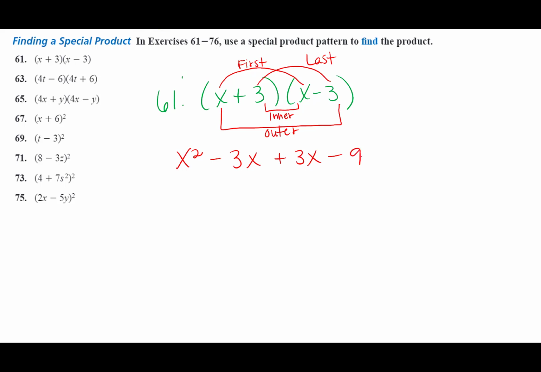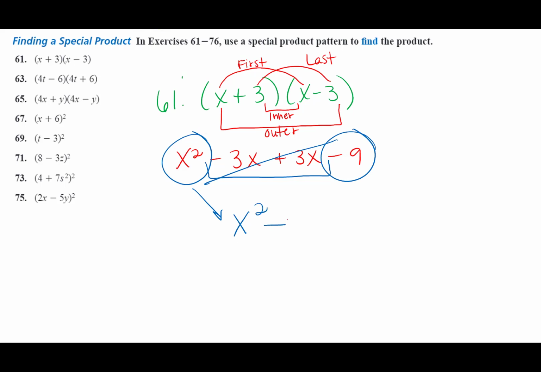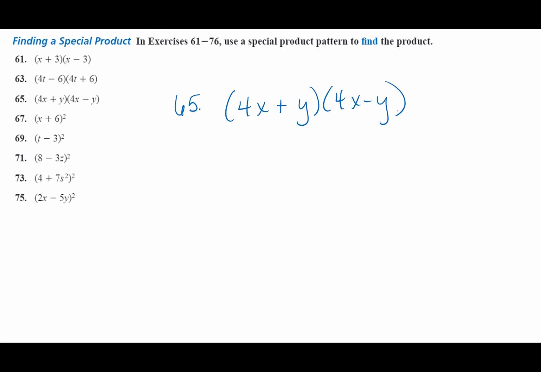And as you are simplifying this together, you do need to collect like terms. But look what happens to these like terms. We have a negative 3x and a positive 3x. That cancels to 0. You do not have to put 0x as part of your answer. We're just going to put the x squared and the minus 9 down here for your final answer to be x squared minus 9. Number 65 will follow the same format, except it does have double variables, so I want